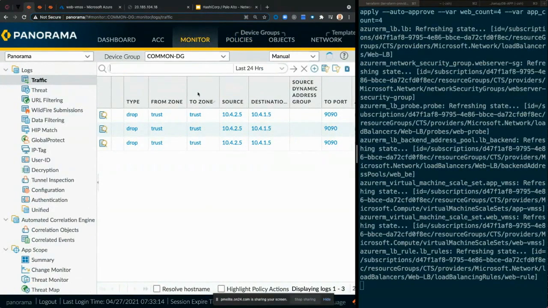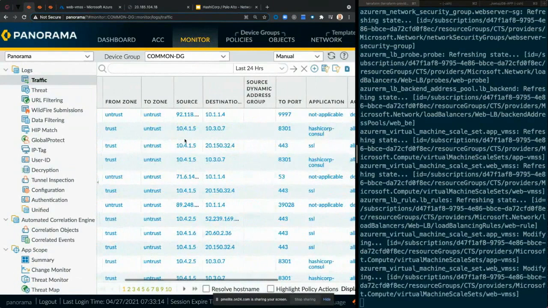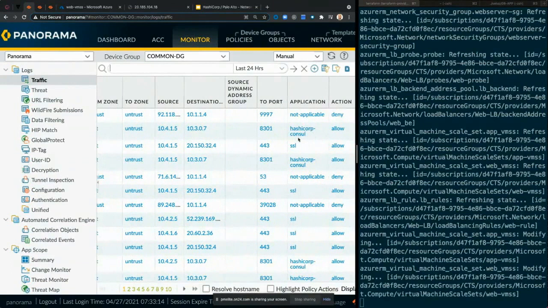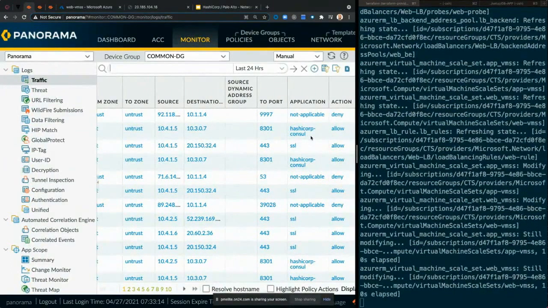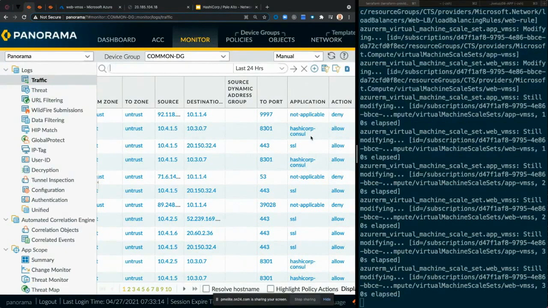If I come in real quick here, I just want to highlight the power of application ID. You would notice that we have in fact detected some application called HashiCorp Consul. This is us detecting that gossip protocol going through the firewall. So I just want to illustrate the power here, right? We can be truly granular, even based on application. The next generation firewalls are capable of understanding what kind of traffic I'm pushing through them. These are not IP port based firewalls anymore. We can write rules based on application IDs.